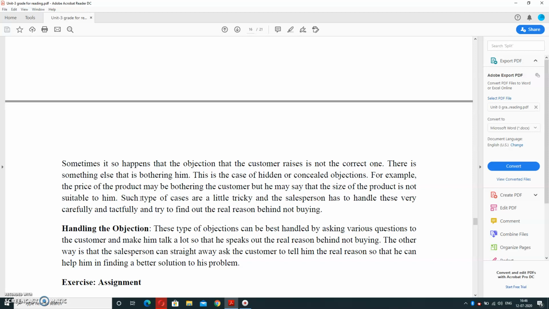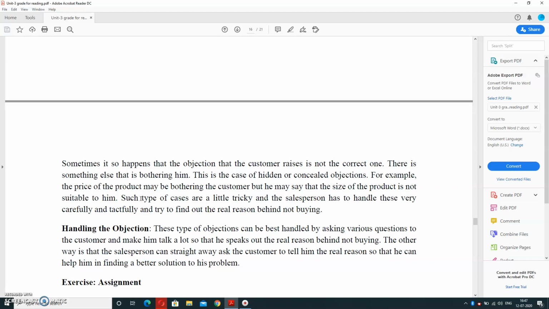So for solving the objection, the major thing is that the salesman should be a tricky person. He should be able to understand what the customer actually wants, what the actual problem is, why he is not satisfied, whether he is less satisfied with the service or with the price. It means the major concentration is to understand why the customer is not satisfied with your product, or why he or she will not be able to take your company's product, and handle the objection according to the requirement,